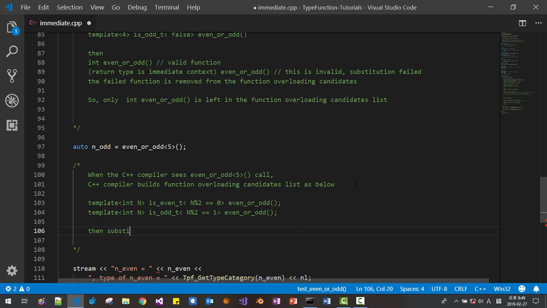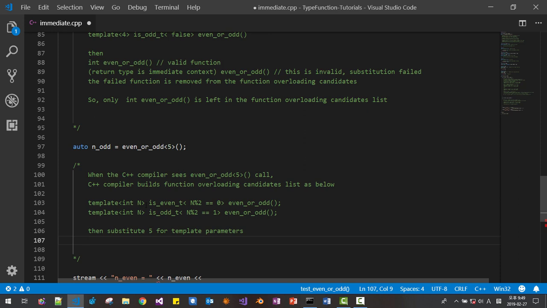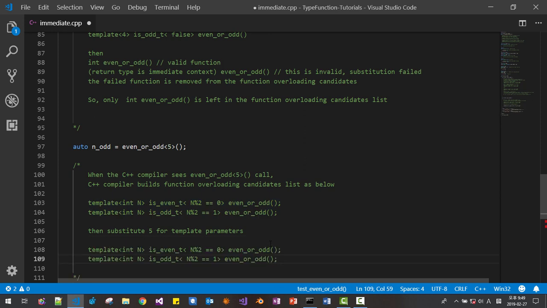Then substitute 5, this number 5, for the template parameters, like this. Now I will drop this n template part, then it becomes like this. This is 5.